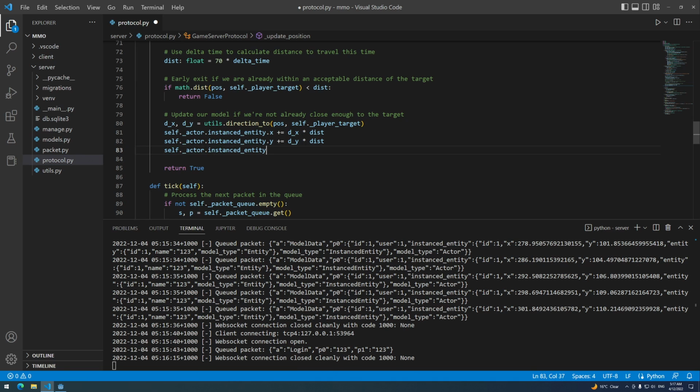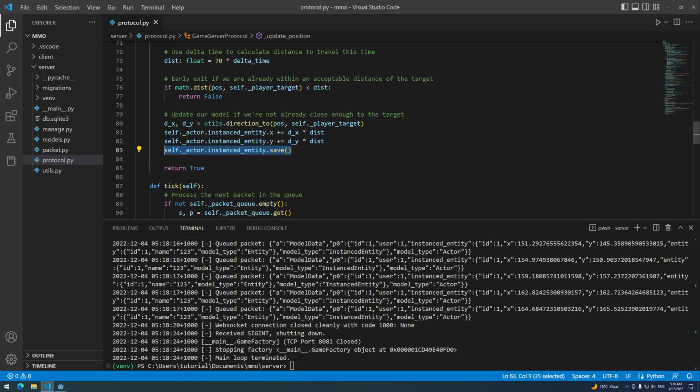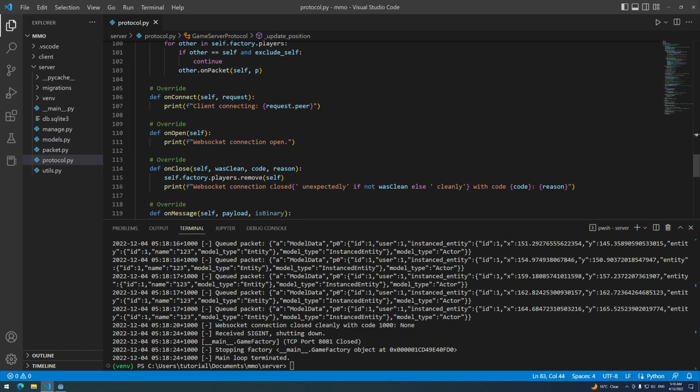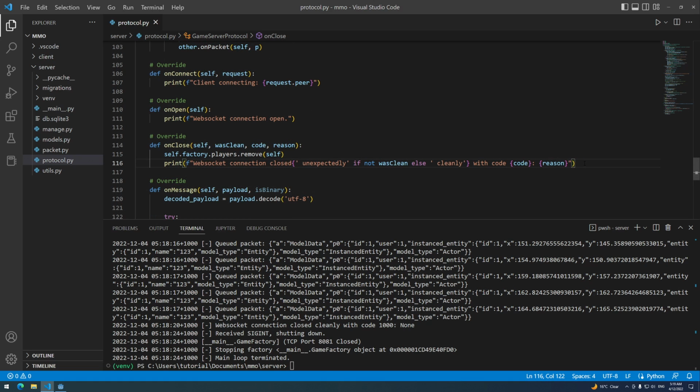So we can say self.actor.instancedentity.save. So now we're saving the actor's position to the database every time he moves. It might also be a good idea to do a final save of the actor on the onClose function, just so that if the player disconnects, the database can be sure to do one final save so that there's nothing